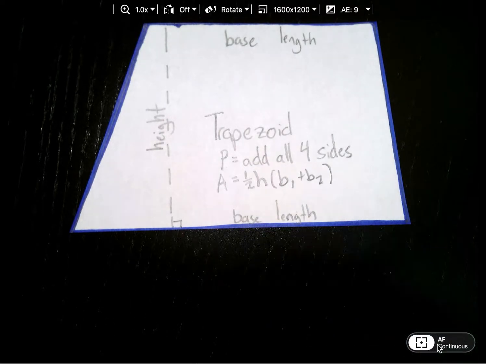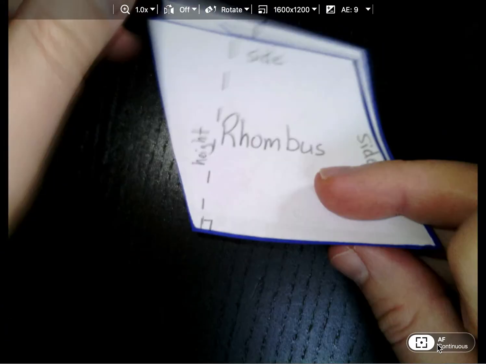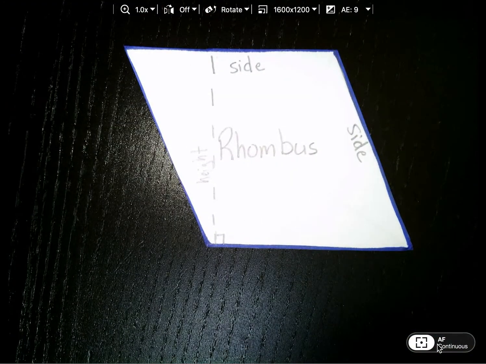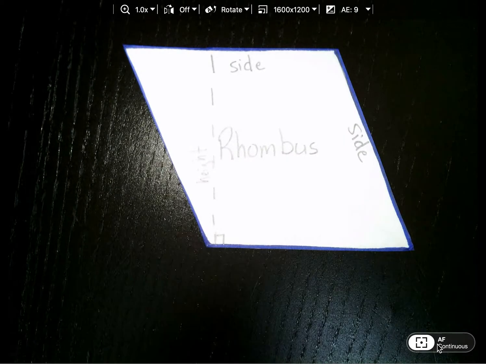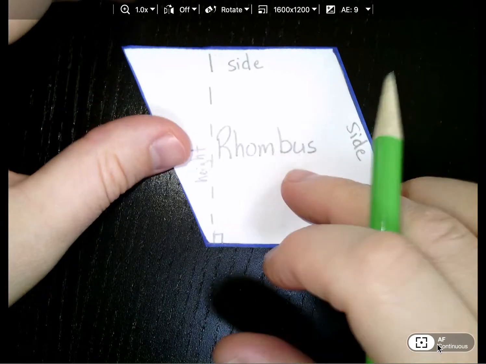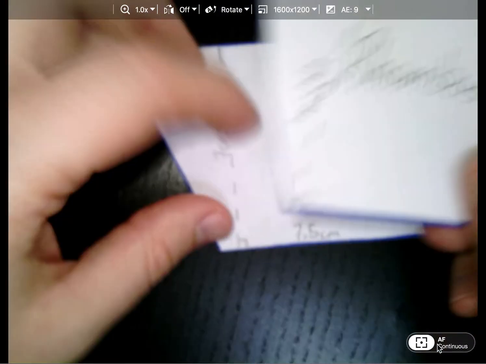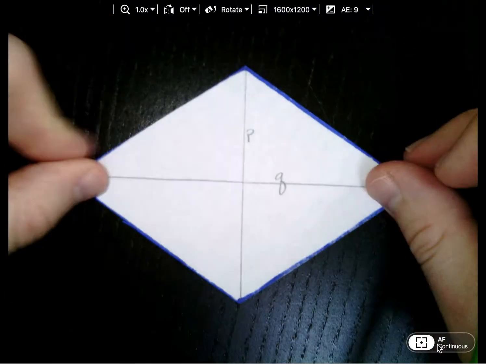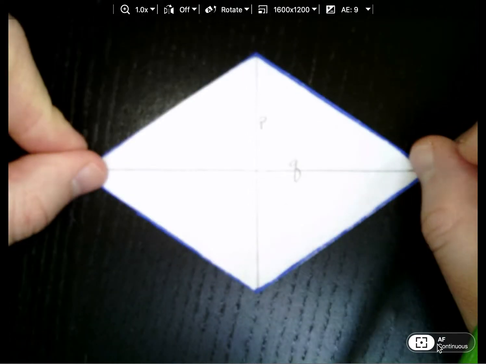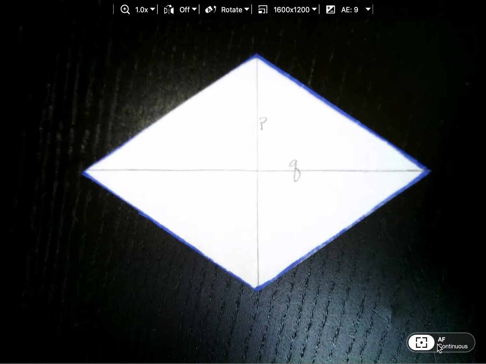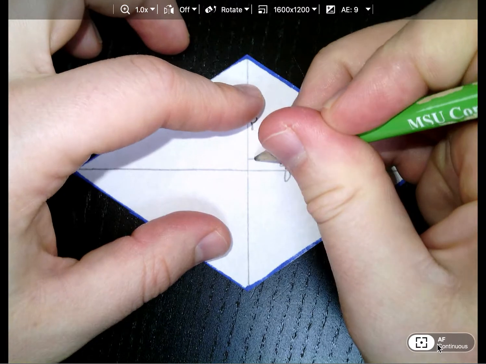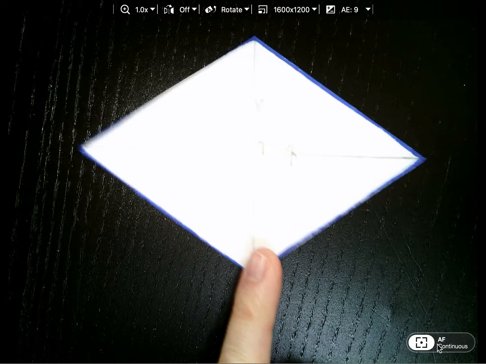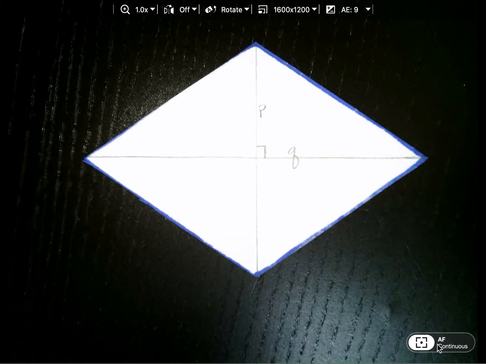The last shape I wanted to talk about briefly was the rhombus, which is just a parallelogram. So if you have the height and the sides, then you can treat it just like a parallelogram. But I'm not too sure what all the examples from Khan Academy are, and I found this other formula online, and I wanted to talk about it. So here is a rhombus, right? And we know one of the properties of a rhombus is that the diagonals meet each other at right angles. So that's nice